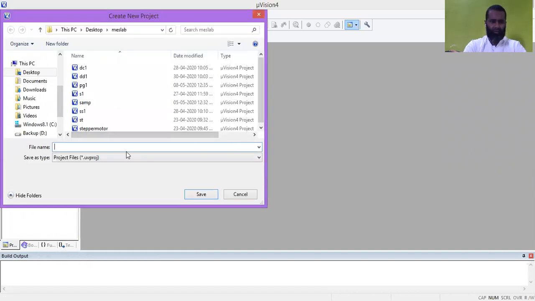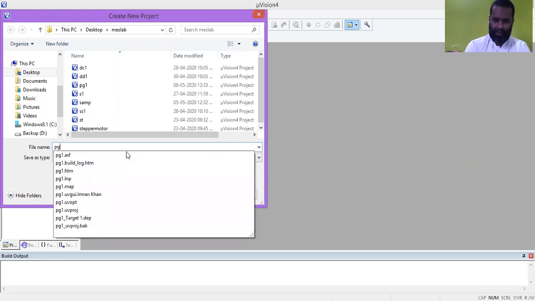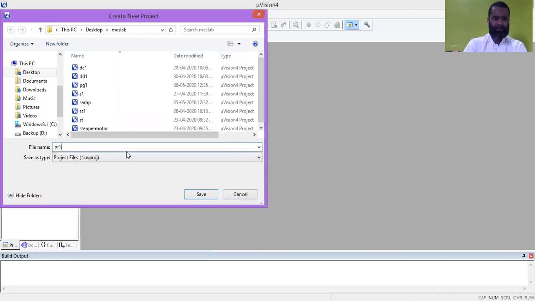So here you have to give the project name. So remember, always the file name and project name should be a simple name. Don't use special characters. Don't leave any extra spaces in between. So give a simple name. So now I'll give PR1, because I'm going to show you the first program, that is multiplication of two 16-bit numbers by using Keil software. So here program 1, this is my project name I'm giving.